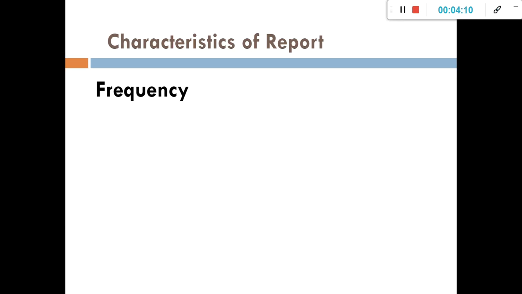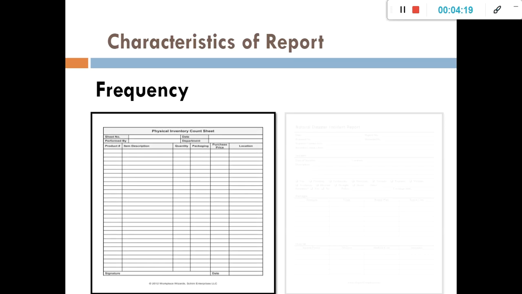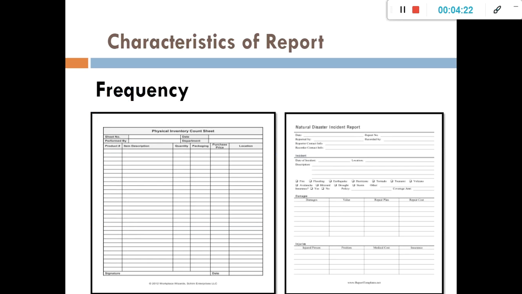So either between the two, qualitative or quantitative data, itong classification ng report na meron tayo which is frequency, saan kaya siya mag-fall under? So basically sa quantitative data, kasi pag frequency, we are dealing with numbers. So by definition, ayan, example of this one is ito, no? Pag sinum in ninyo, if pwede nyo naman siyang i-zoom, hopefully visible naman on your side. Ayan, physical inventory count sheet or physical inventory report tsaka national disaster incident report. So it asks for numbers kasi sa most left portion ng ating example, it asks for product number.